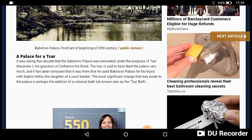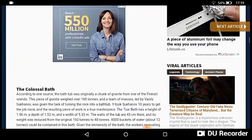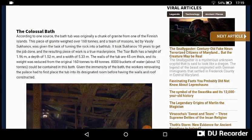Right. The most significant change made to the palace is perhaps the addition of a colossal bathtub, also known as the Tsar bath. According to one source, the bathtub was originally a chunk of granite from one of the Finnish islands. This piece of granite weighed over 160 tons, and a team of masons led by Vasily Sukhanov,